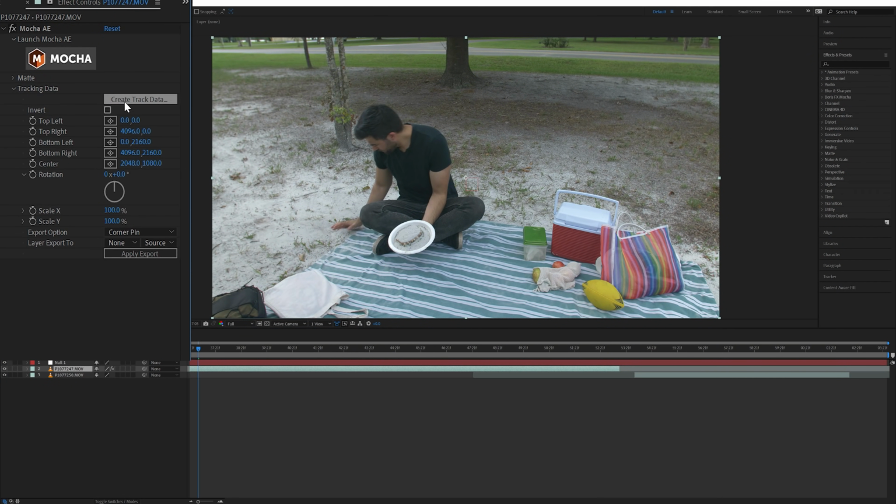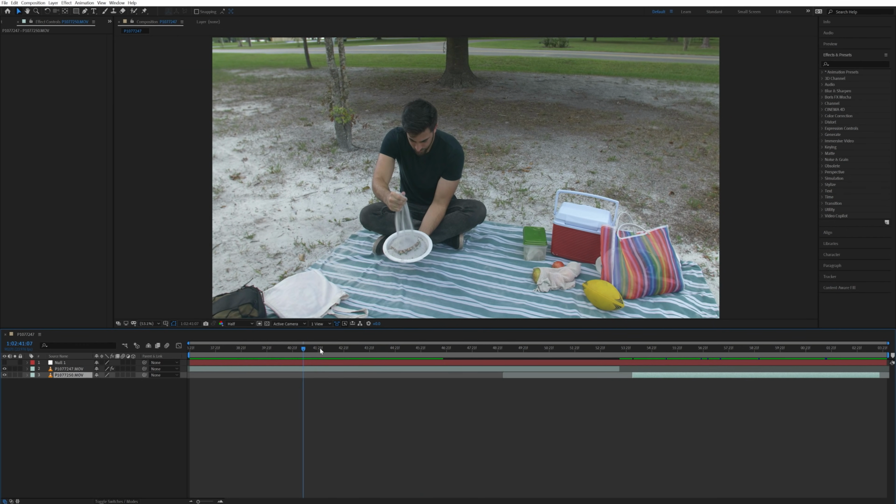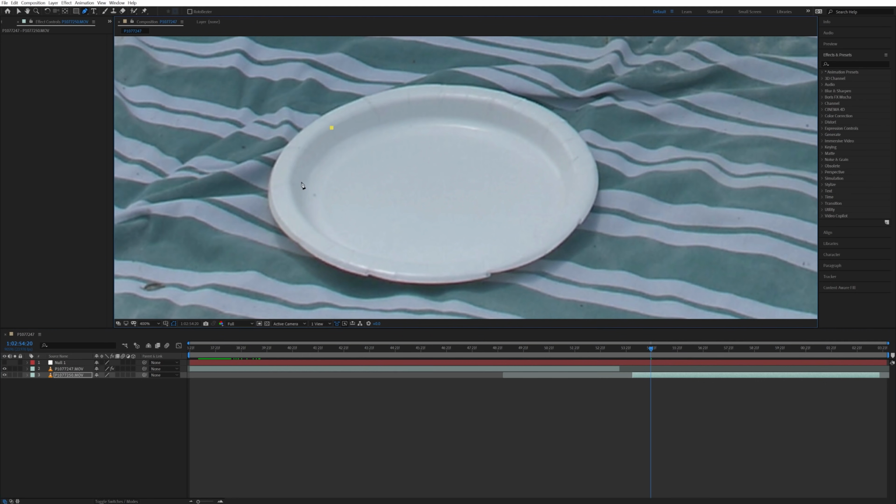I'm going to have a video soon where I go into more detail about how to use Mocha for After Effects. It's a great tracking tool that I use all the time, and I believe Zach King uses it for his effects too. But okay, after I applied the tracking data to the null object,